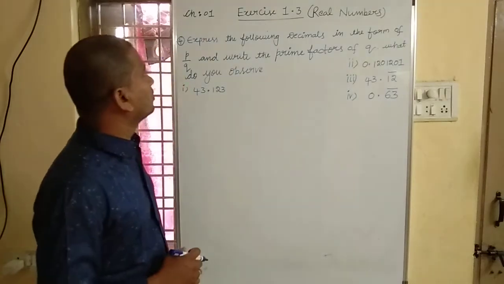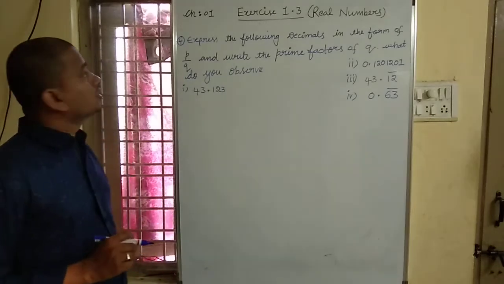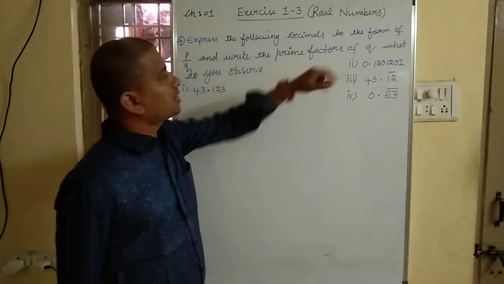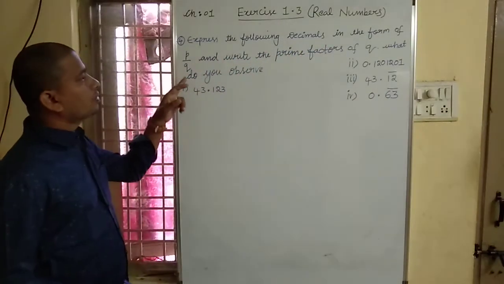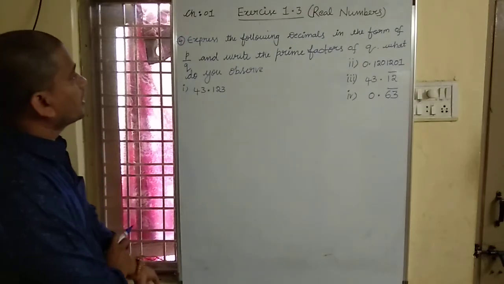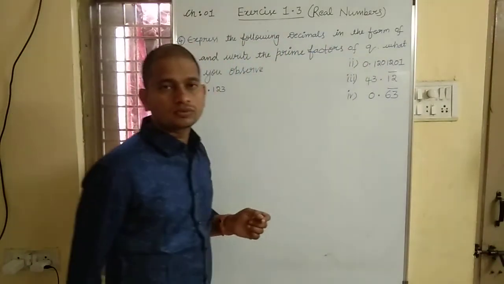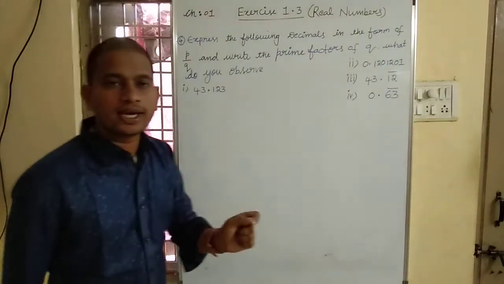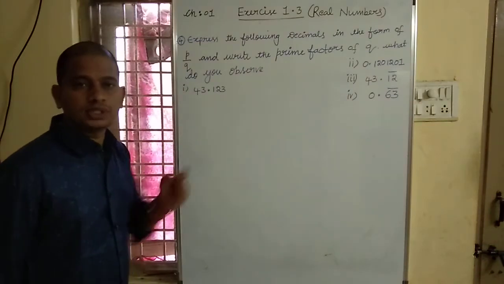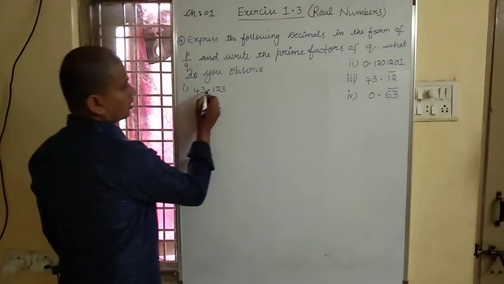In today's session, we will discuss exercise 1.3, question number 4. Express the following decimals in the form of P by Q, and write the prime factors of Q. And what do you observe? See, the first question is